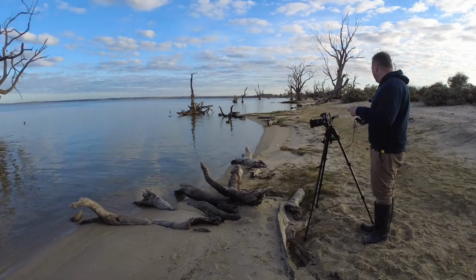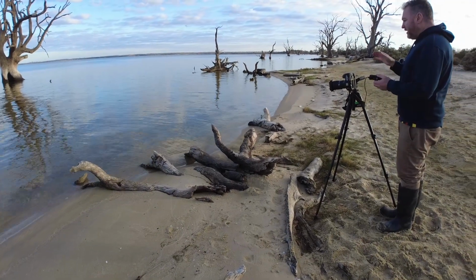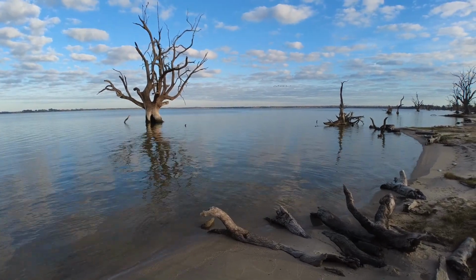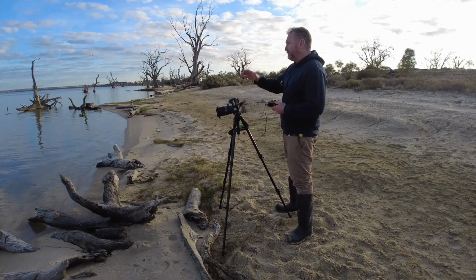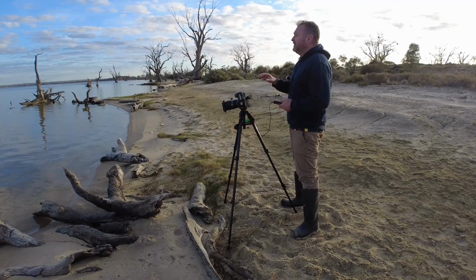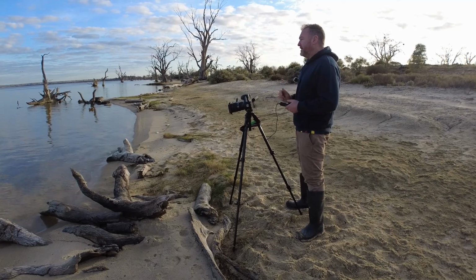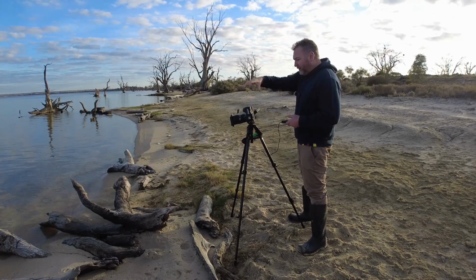So I was walking up here and found there's a lot of driftwood along here. And I did notice that these few were pointing directly at the tree, which adds a great lead-in line to my shot. So I positioned myself here and thought to myself, I will use the foreground. So I've taken a couple of multiple exposures. The first one I exposed for the tree and the sky, because that was a little bit brighter at that time. And then I've taken a second exposure for the foreground to brighten up this area, and then